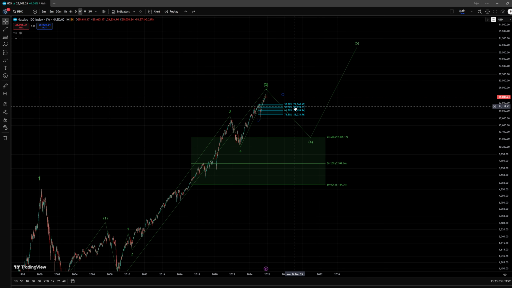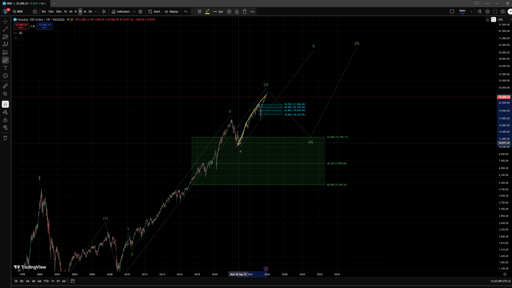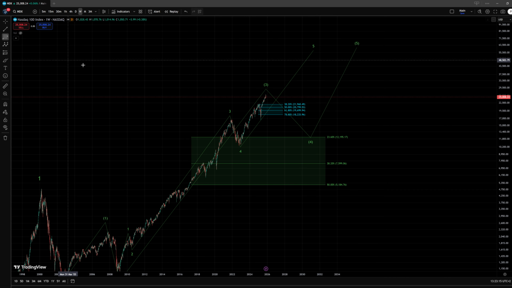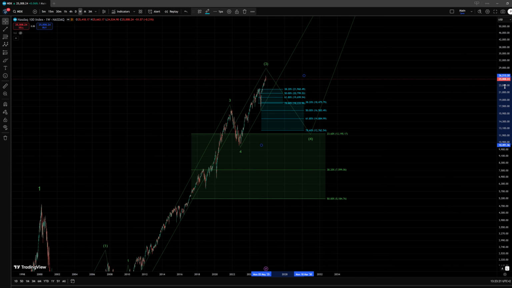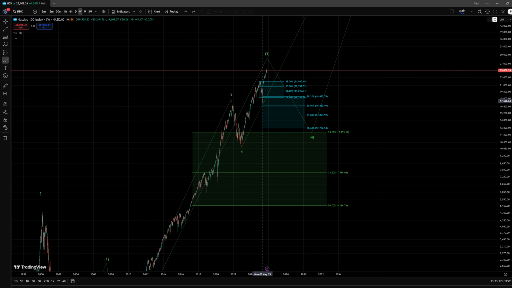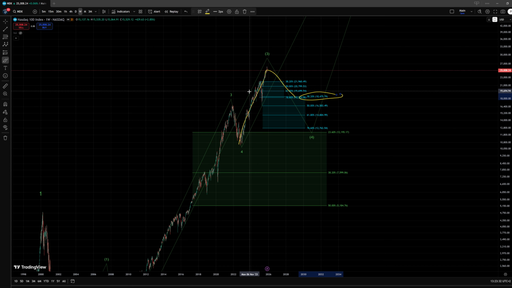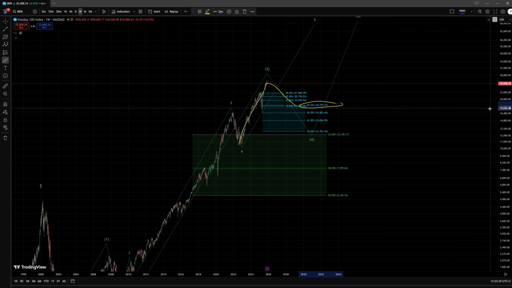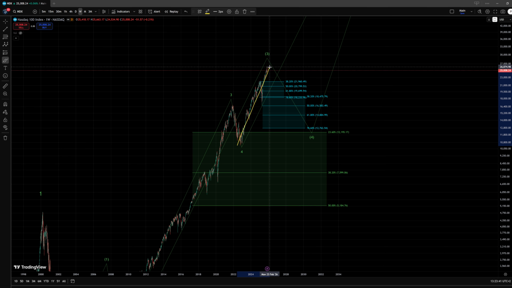And in some cases, for example, as I was mentioning earlier, we could have this as a leading diagonal to the upside. Well, that would end up being a wave 1 up. We would then have a wave 2 down, which could be quite significant. We could be looking at a quite considerable retracement, even down to the $12.7K level, but we could also only get to the 38.2% retracement, even above the previous 78.6 for this AB, and that could be just a 1-2 at the 18.4K level, 38.2% retracement, and then we start a third wave to the upside, which would be expected to be even much stronger than this initial movement up, and it would be only after a 30% drop.